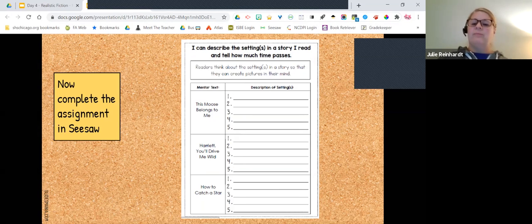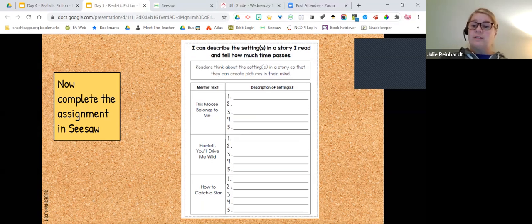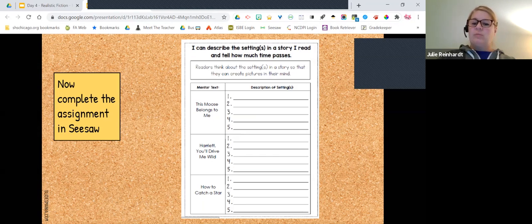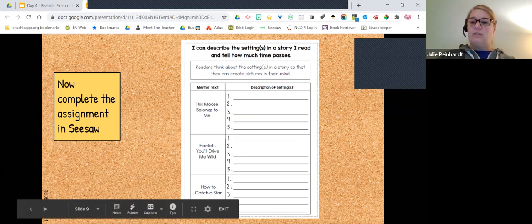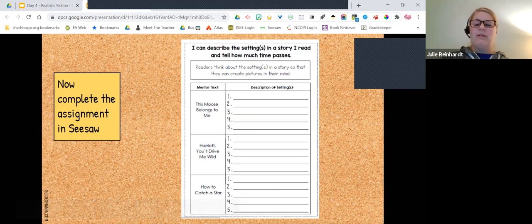There is a variety. Then I want you to go to the second page of the activity, and there's a link for Harriet, You'll Drive Me Wild. Do the same thing there, and a link for How to Catch a Star. Do the same thing there as well. And by the time you're finished, you could probably have 5 different settings for each of these stories. You might have more, so feel free to write more if you have that, but 5 is your goal. So enjoy listening to the stories again, writing about the settings,